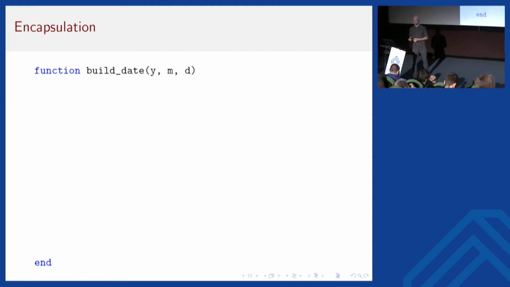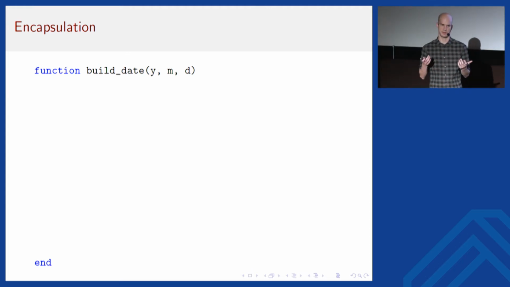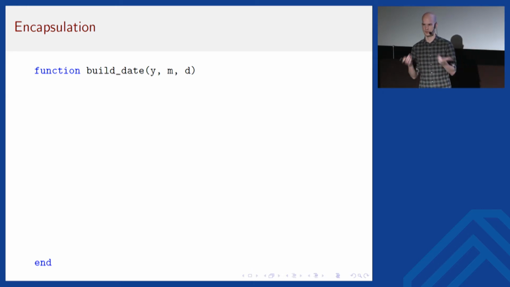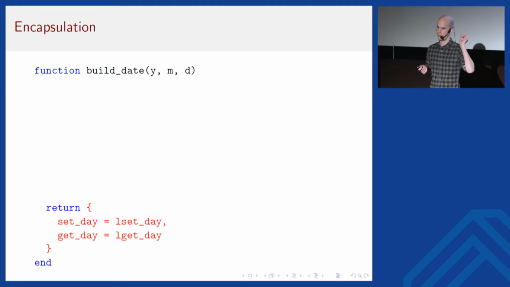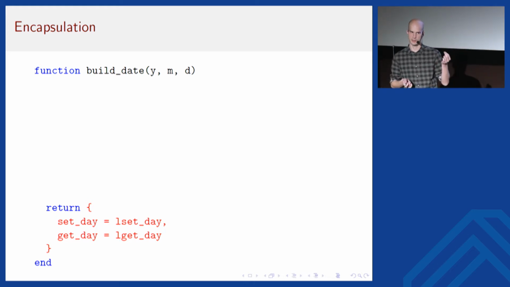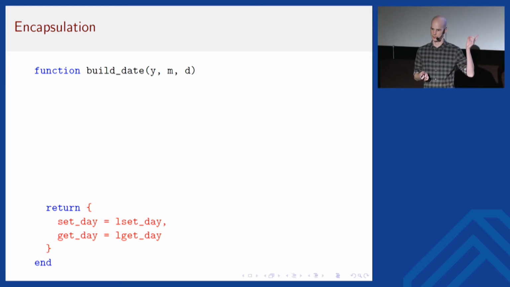So one problem in Lua, since these tables are open, it's just associative arrays, is that it's very hard to encapsulate data. So let's say you have a type like a date, where you have three fields, year, month, and day, and they might have complex invariants between these fields, so you don't want to allow direct access to them. The way that you can solve that in Lua is, instead of returning a table with the three fields directly, you return a table that simply gives you access through setter and getter functions. I wrote here just the ones for the day, but you get the idea.